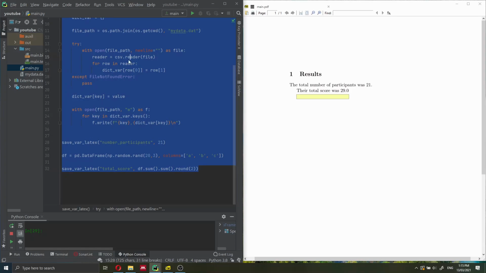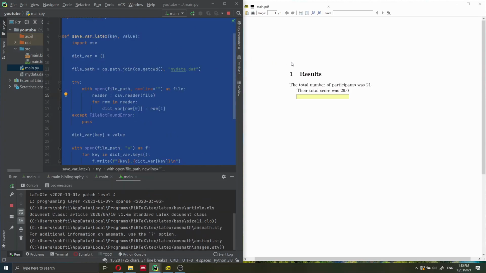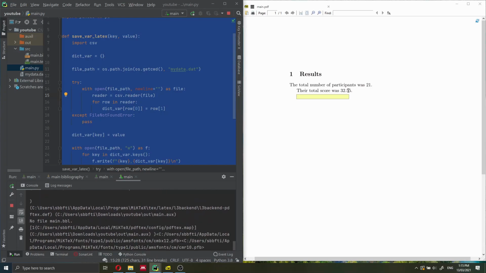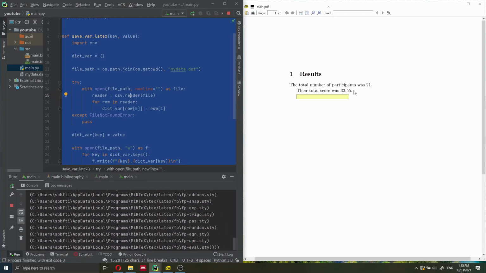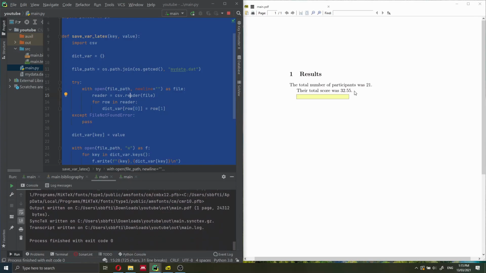So let's compile the LaTeX file again, and you will see that the number of digits has actually changed. I think this is extremely useful, and you're going to benefit a lot from this feature if you, like me, use both Python and LaTeX to write your scientific papers, presentations, or reports.